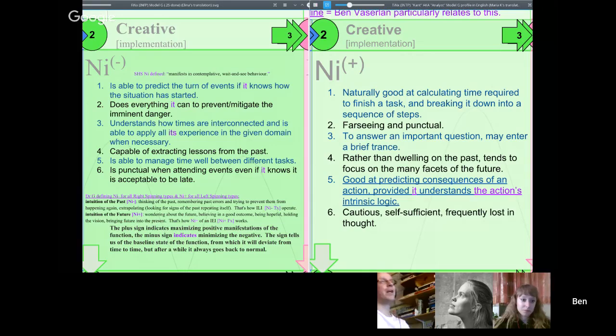So, for example, in the control position, the definition of the position is that people have a lot of information for it, but not a lot of energy. So you've got to think, well, that's going to work its way into the bullet points. Now, a lot of times that ends up being true. For example, NI DOMs have possibilities that enter their heads, but they don't have the energy to act on them. And two, they don't want to act on them because it gets in the way of the envisioning of the NI. So that's an example of the deductive reasoning hitting the spot.